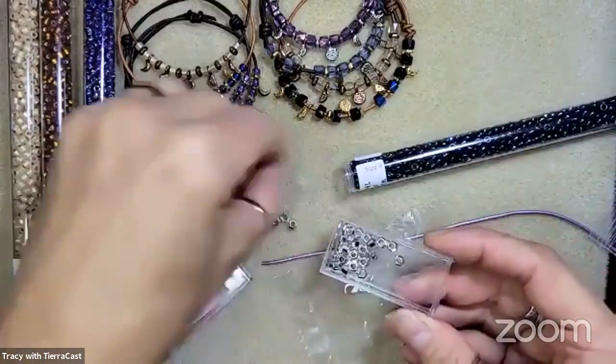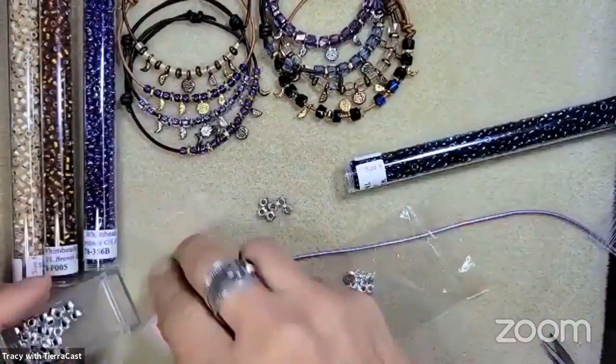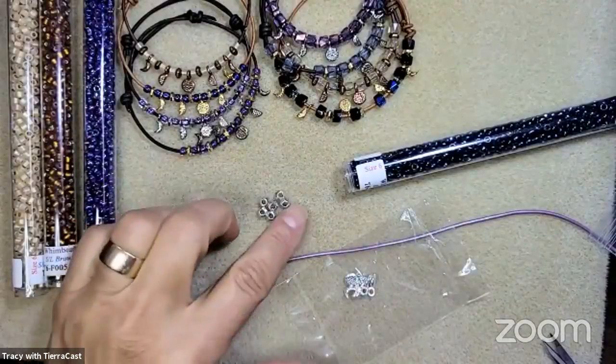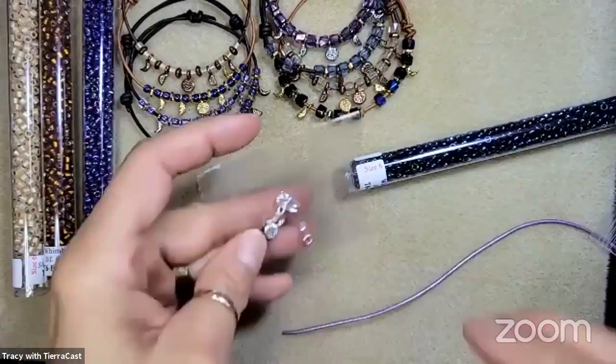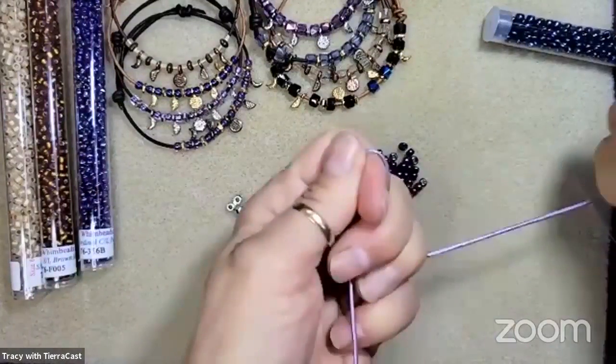I do too. This little faceted spacer has been in our lineup for a really long time, way back. Generally it's a good habit to stretch your leather cord a little bit, because otherwise it's going to stretch after you've completed the design. It will a little bit anyway, even with the pre-stretching. But you want to avoid it as much as you can later. So I did test